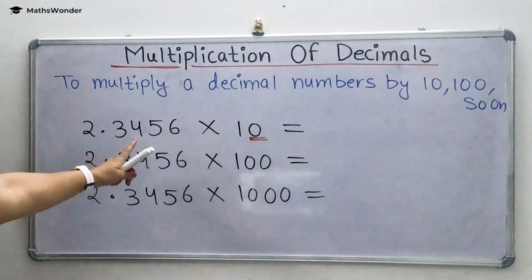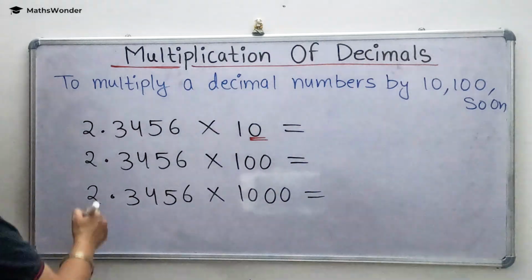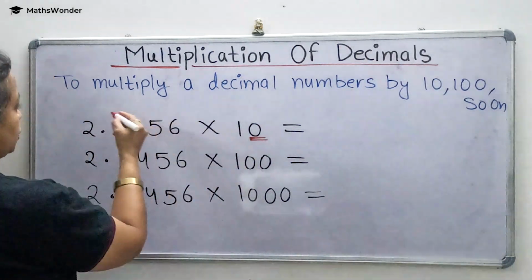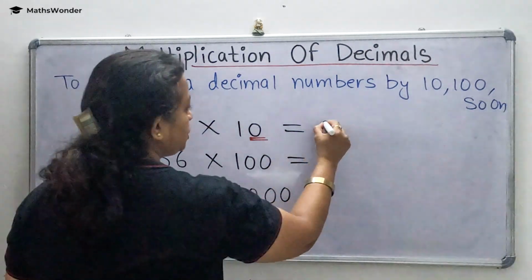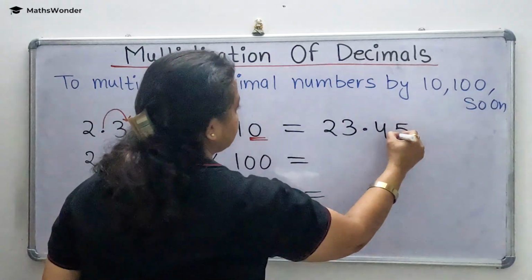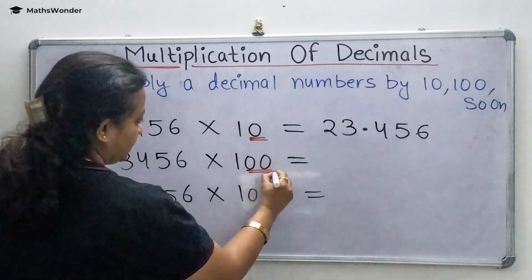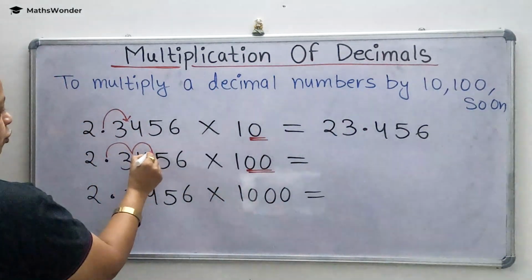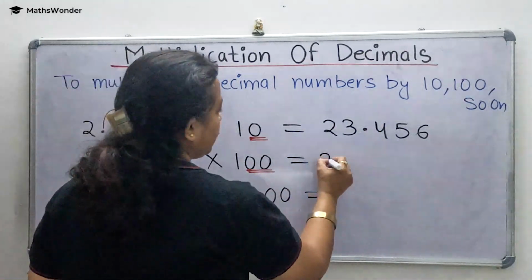So the product results from shifting the decimal point as many places to the right as there are zeros in the multiplier. So you shift the decimal point by 1 place to the right. Because of this 1 zero, you shift your decimal point here, 1 place to the right, and your answer becomes this, right? The second has 2 zeros, so you shift the decimal point 2 places to the right. So your answer becomes